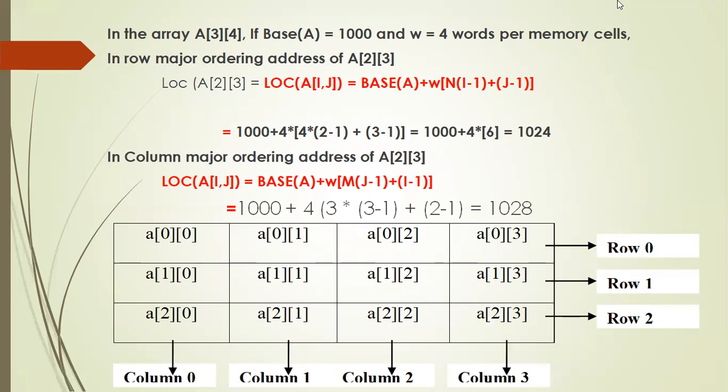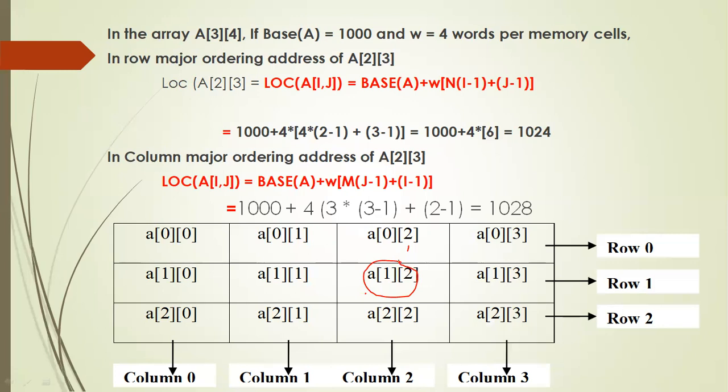If you want, I can repeat again. We are computing the address of the element stored in second row, third column. Whatever may be the subscript, you have to take the second row, third column element. This will be the element in the second row and the third column. It is given that base address is 1000 plus W value, which is 4, into n into i minus 1. n is 4, into i value, which is 2, 2 minus 1, plus j value is 3, so 3 minus 1.